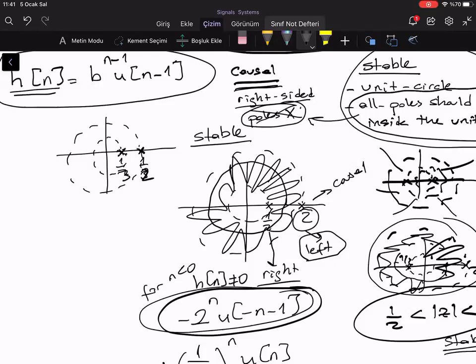No, right? So I think, let me say again, it should include the unit circle for stability. For causality, all poles should be inside and they all should be